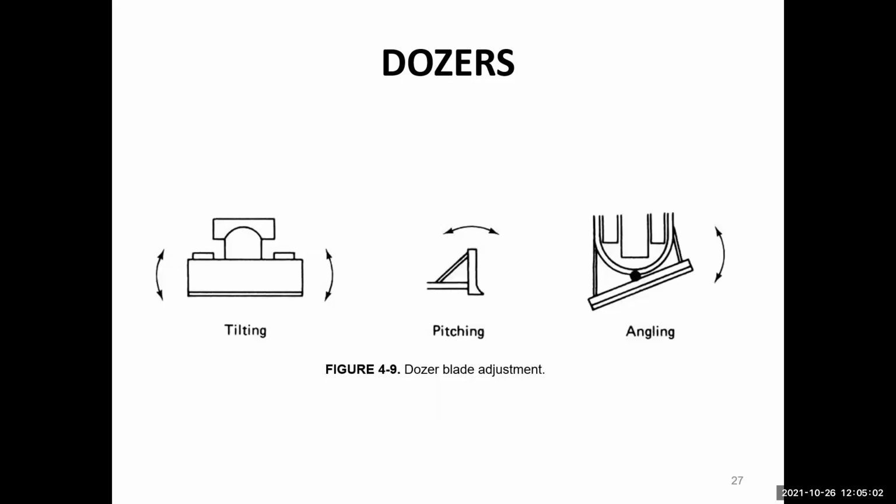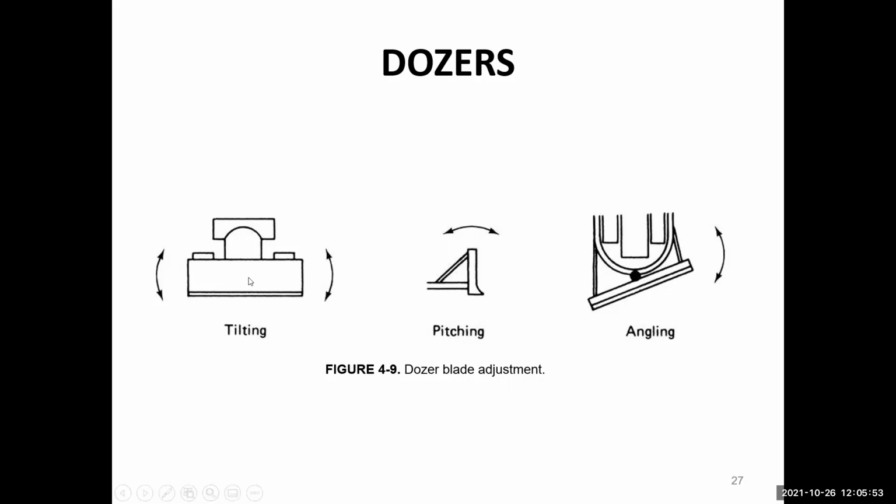So this is a schematic diagram of the dozer blades. The dozer blade has three types of motion: tilting, pitching, and angling. Tilting motion is, if you see from the front, the motion in the clockwise or anti-clockwise direction of the blade. If you see from the side, then the motion in the clockwise and anti-clockwise direction is called the pitching motion. Whereas the angling motion is the